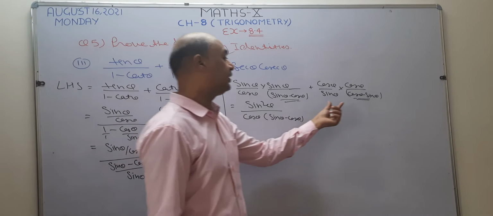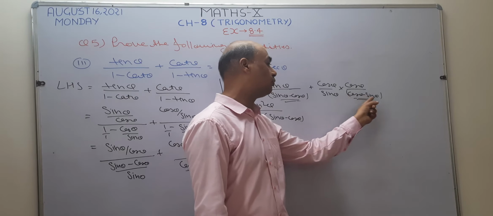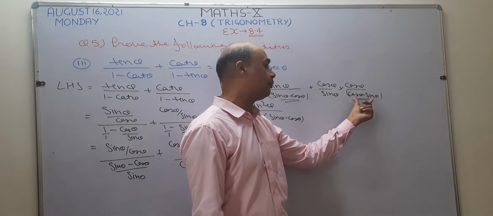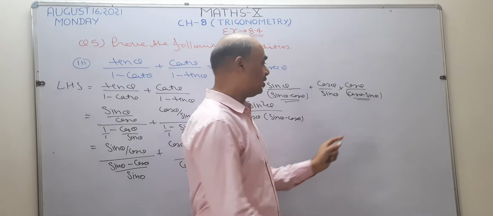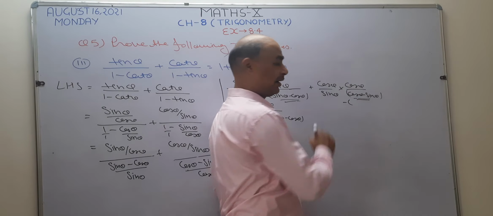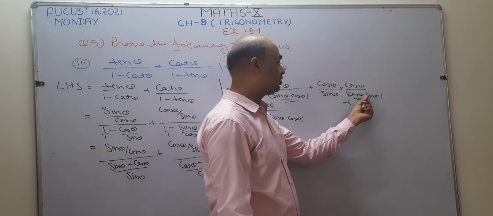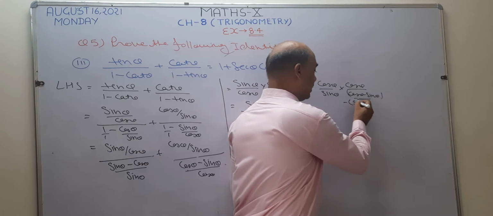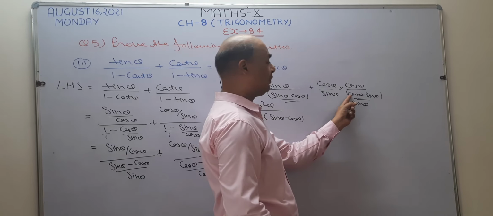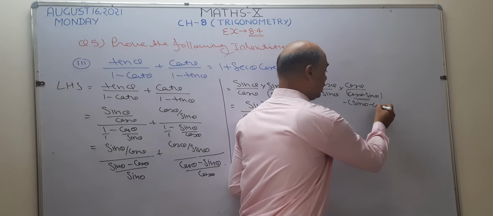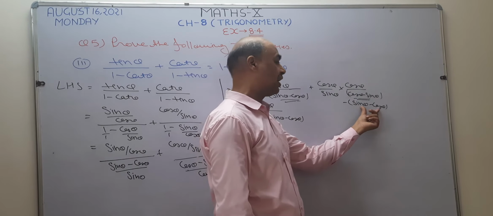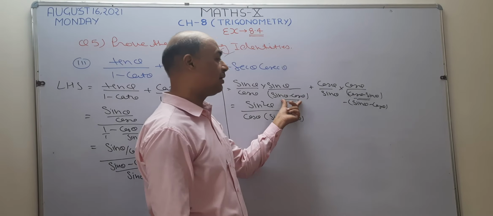How? If I take minus common from this term, this becomes sin minus cos. You know, when we take minus common from any bracket, the sign will be changed. Suppose I take minus common from this bracket. What happened? This sign is going to change. This negative number becomes positive, so this becomes sin theta, and this positive number becomes negative, so this becomes minus cos theta. So when I take minus common from this bracket, this becomes sin minus cos. See, this is also sin minus cos.